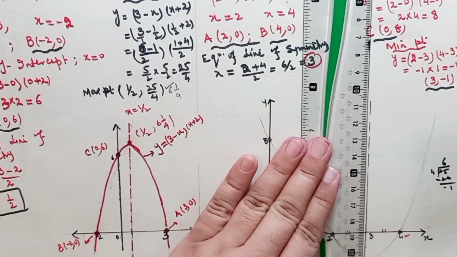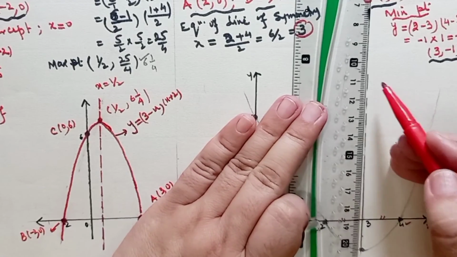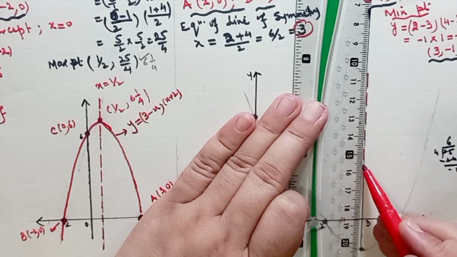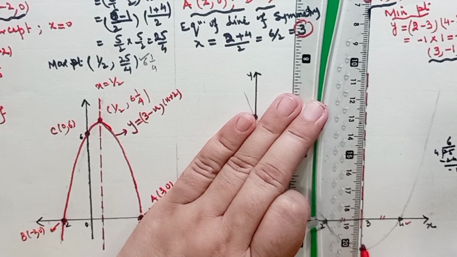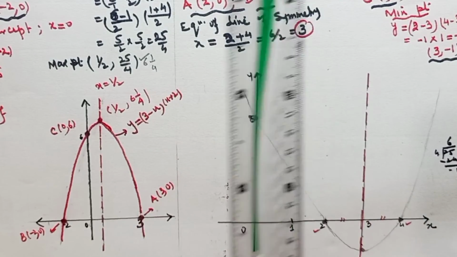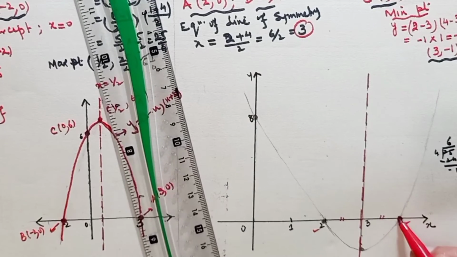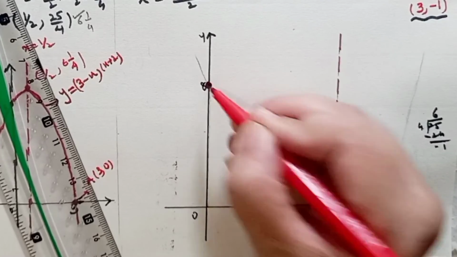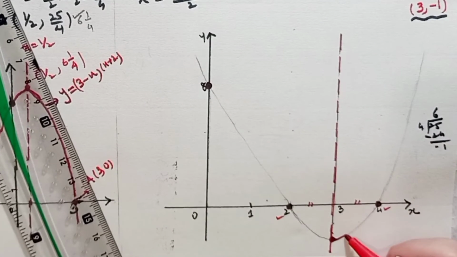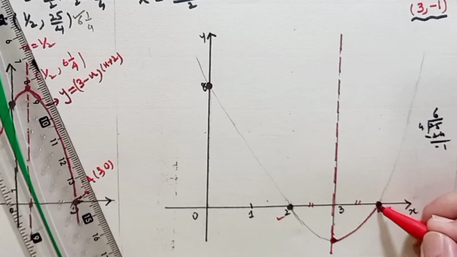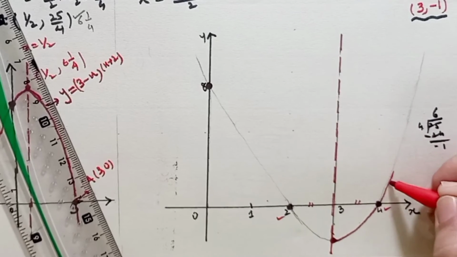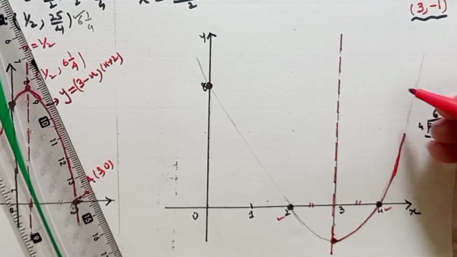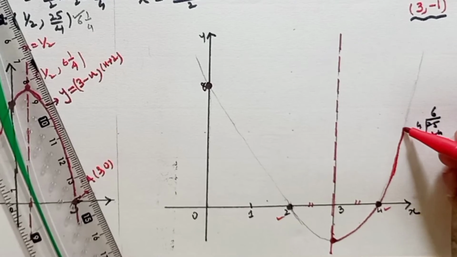Okay, so let me use the ruler here. This time I'm going to draw the line of symmetry first, and do not forget to remove all pencil work before submission of the paper. And then this is the x-intercept, this is also an x-intercept, this is the minimum point, and this is the y-intercept, and join them. Really nice and beautiful presentation. Always enjoy your work. There has to be no fluctuations. It has to be a smooth curve.